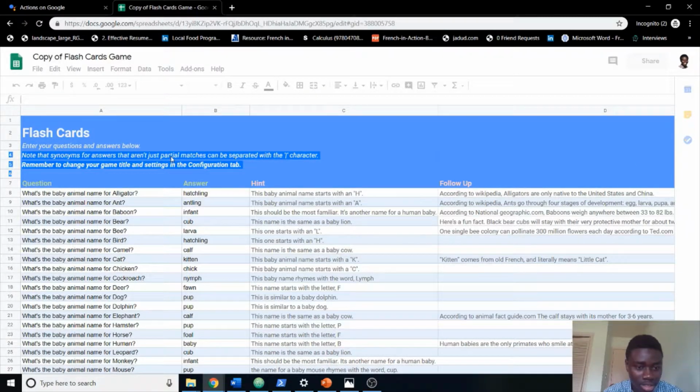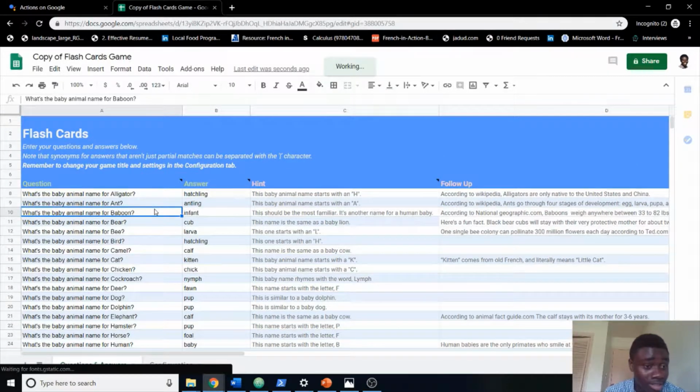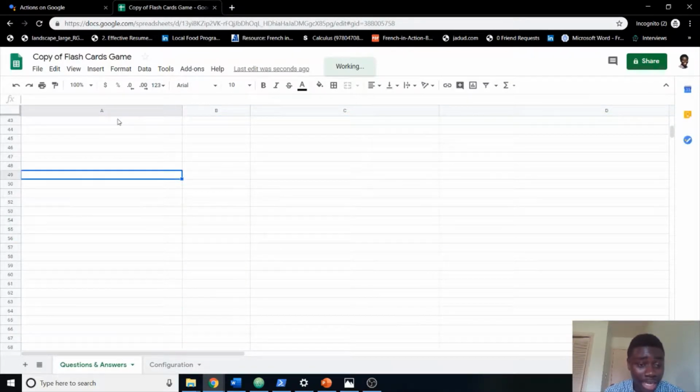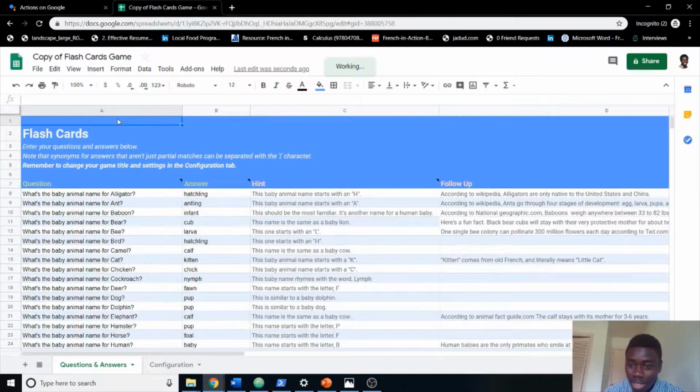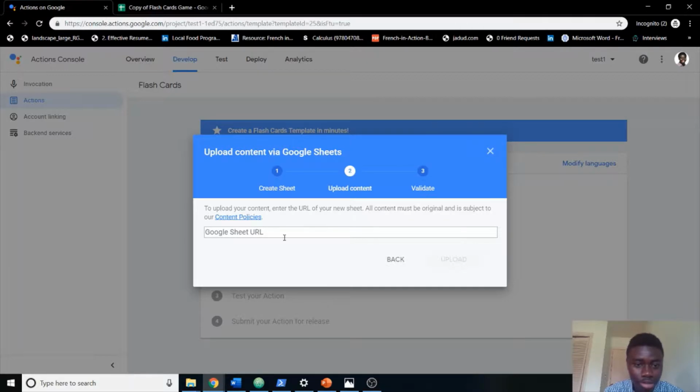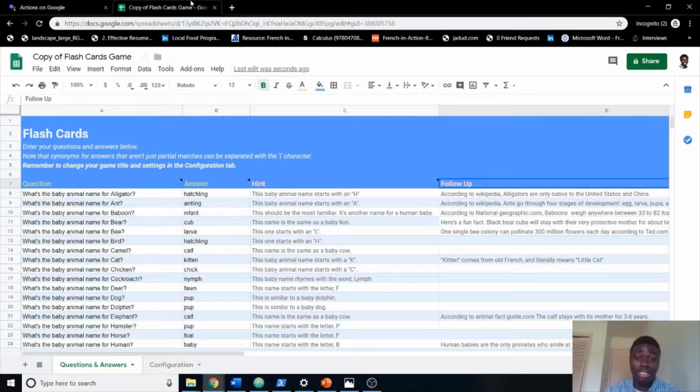See? So you can edit these flashcards to your liking. Yeah, you can change the answers, the hints. We're going to keep this just like this. Then go to next, upload. So depending on how you edit this, and you want to create